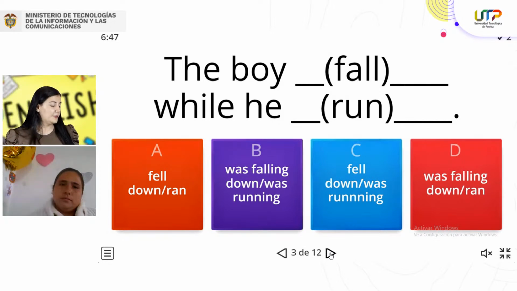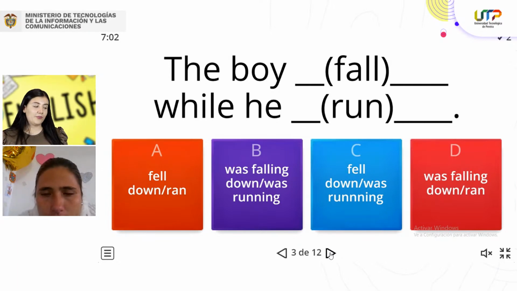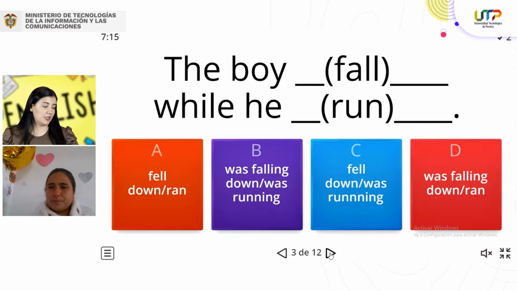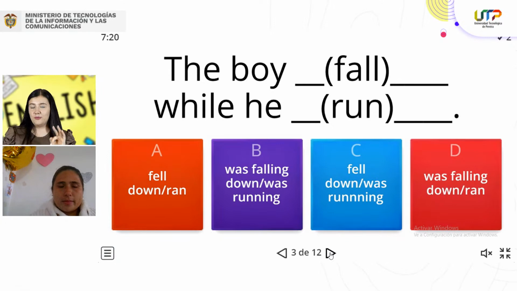So we got here the boy, and we got in parentheses fall. Recuerden que este verbo es el verbo caer, okay? The boy fall while he, y tenemos en paréntesis el verbo run, that is correr. So the boy fell while he ran. And we got 4 different options, okay? So option A, si la tienen, no olviden allí ponerla en el chat. Option A is